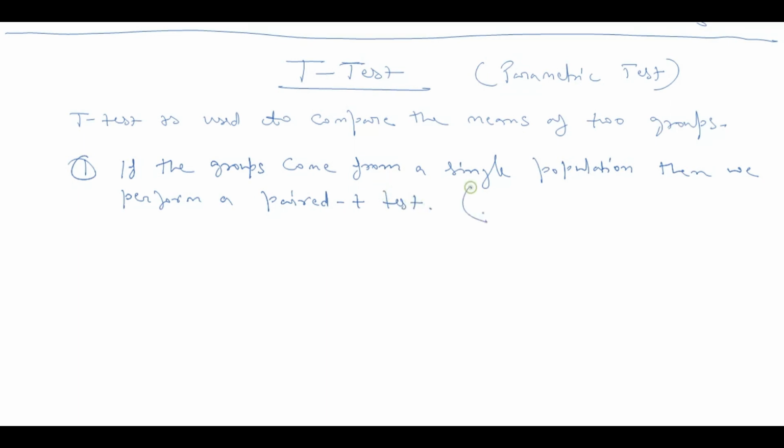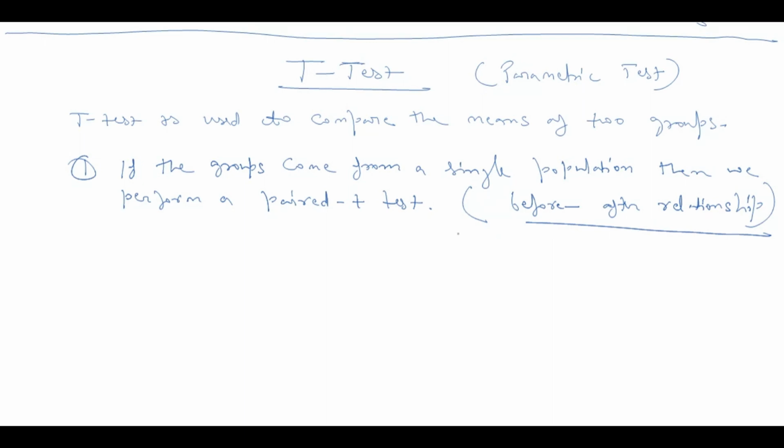See, in this situation, for paired t-test, you will always see some before-after relationship. For example, suppose